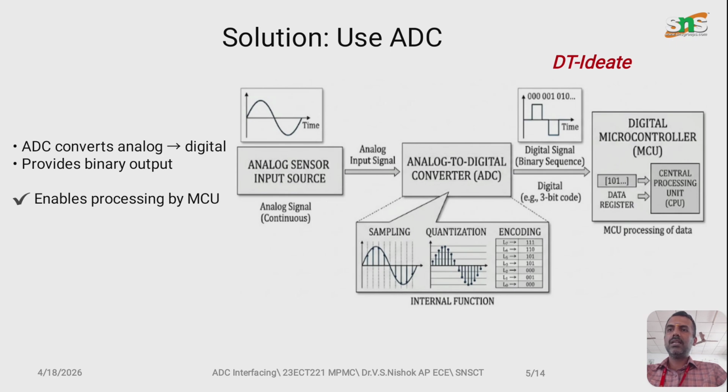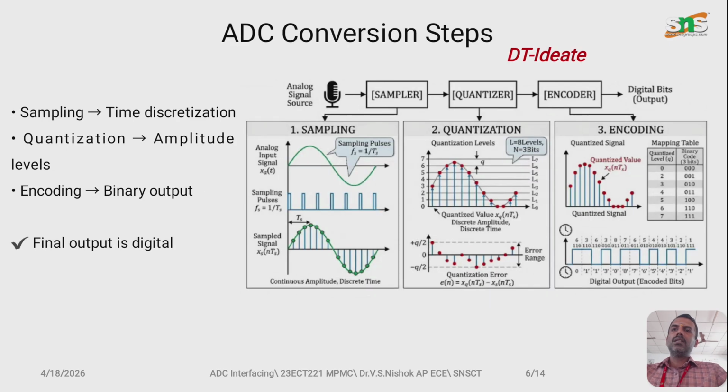So we are converting the analog signal into an equivalent digital binary output with the help of the A to D converter, which provides the binary output. This output of the ADC is further given to the microcontroller unit. The A to D converter consists of three main steps, that is sampling, quantization